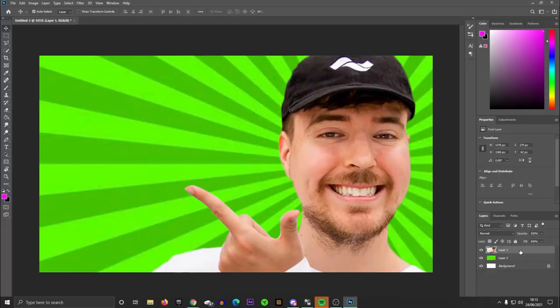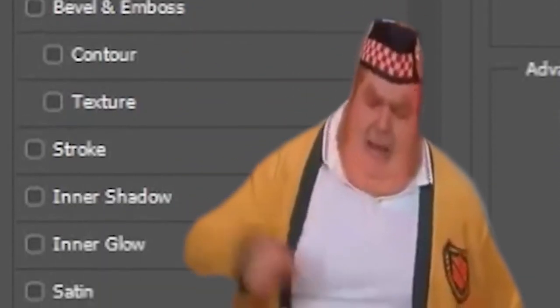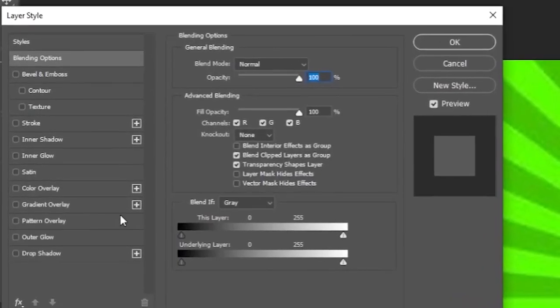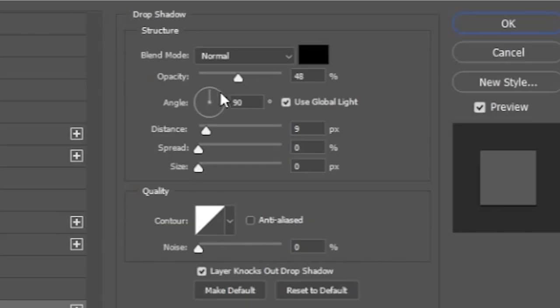When you've positioned everything, double click on the layer with your main subject. Now look at all these yummy options. Normally for the main subject, I select the box next to drop shadow. This just adds a bit of depth to the character. Play around with the sliders till you get what you want. I tend to go for a soft and minimal look.